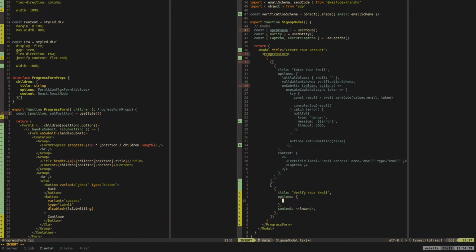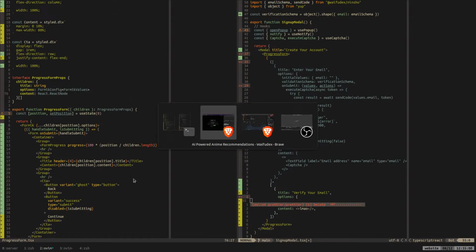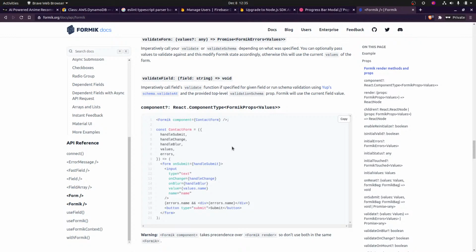So, oh yeah, we don't need to care about this probably. Or maybe we actually do. Like what is needed for the Formic thing? Is there something? Okay, it's not helping me. You know, that's another thing that people do, they look at the docs. There's a lot of doing that.